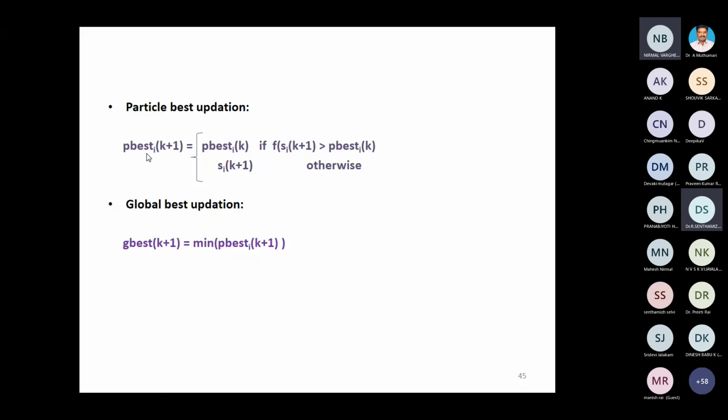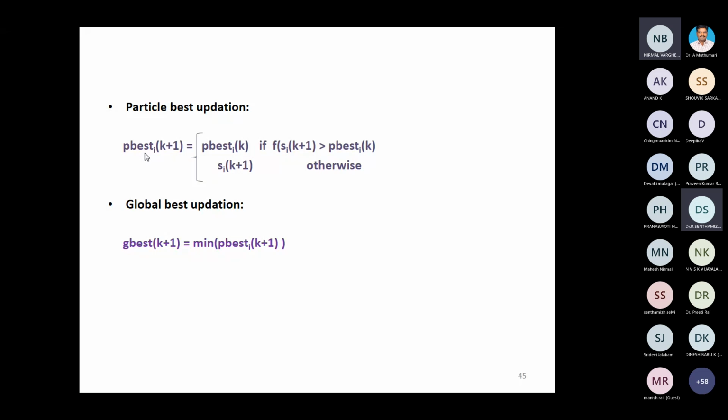Sometimes you will go for a maximum also. If error is there, you would want to make it minimum. So minimum is the objective function of my work here. Sometimes people will take maximum, sometimes they'll go for both minimum and maximum. That depends on your application and your architecture.